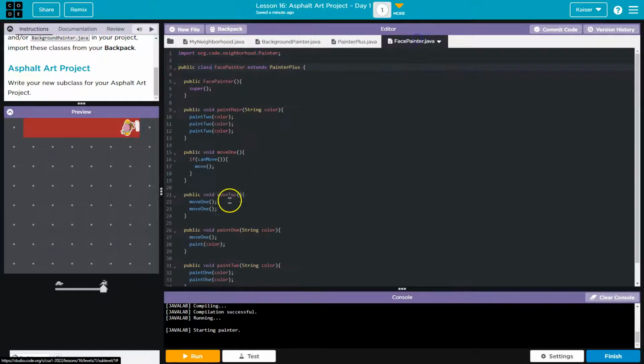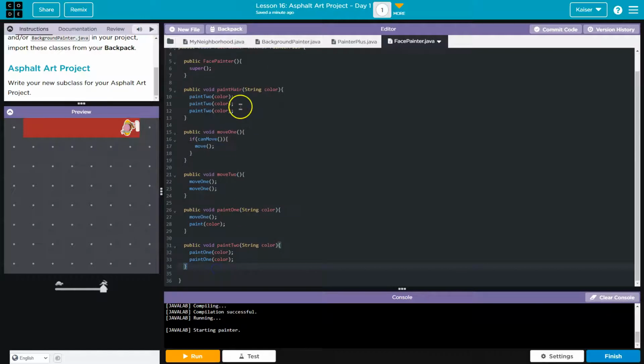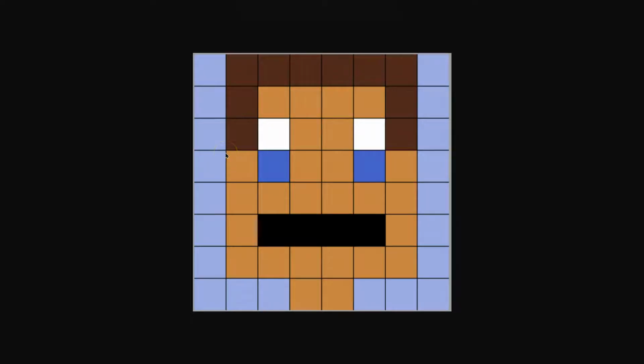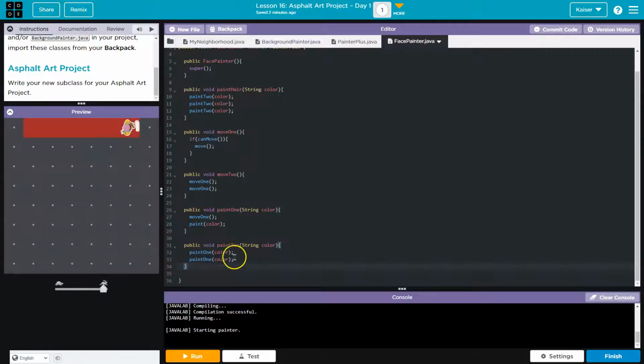And again, guys, I could name this paint 6 if I wanted to, and then have this be 6, or I could keep going here. I am fine with what I currently have. So let's move it along. Now, I want to do some hair. So I'm going to have my painter turn, and actually, no, I'm lying to you. I want to do eyes. So, keeping in mind with this image, I guess I'll do sideburns. Fine. All right,